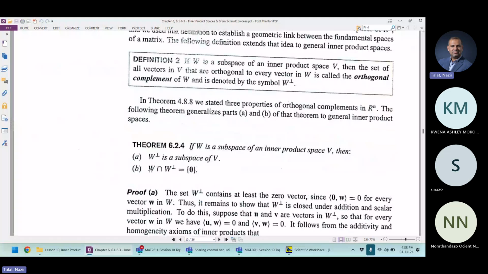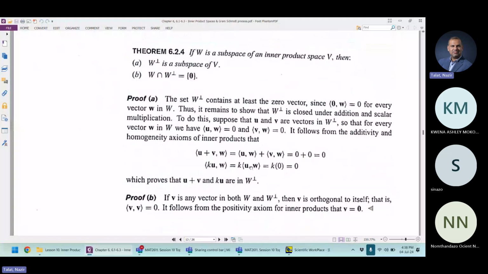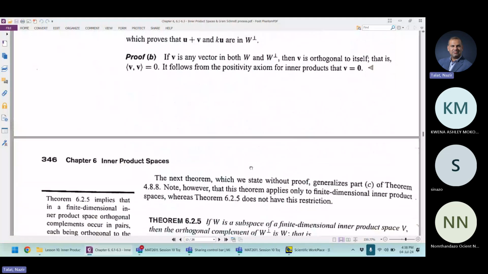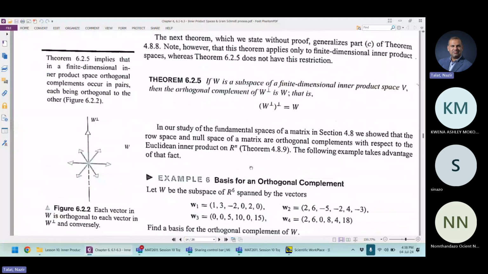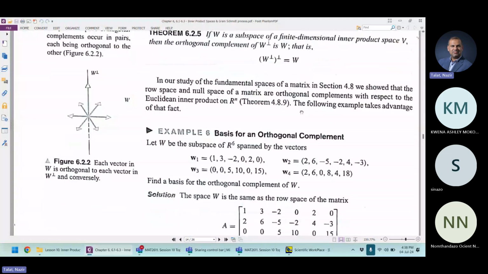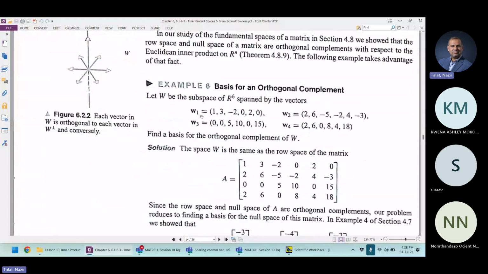Moreover, the vector space W and its orthogonal complement share only the zero vector, because the zero vector is the only vector which is orthogonal to all of the other vectors. Here there are some simple proofs of that one can see. And moreover, if you take the orthogonal complement of the orthogonal complement, it will again become the vector space W itself. Here are some examples of that, like if we have W1, W2, W3, W4,